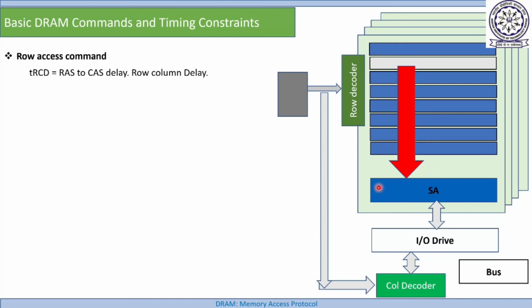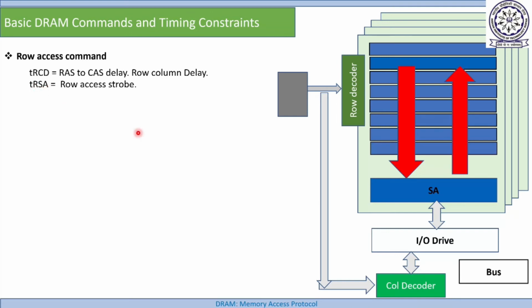But if you remember my previous slide, I said just activating this is halfway. There is some other work remaining. This other work is automatically restoring the data back to the row, and this will be performed automatically if you know the properties of the sense amplifier. So this second part will be automatically performed after the first part. This is called data restoration or read restoration for this row. It will also take some time, and this time is called TRAS, row access strobe. Here it is written TRS. It's a typo. It should be TRAS.